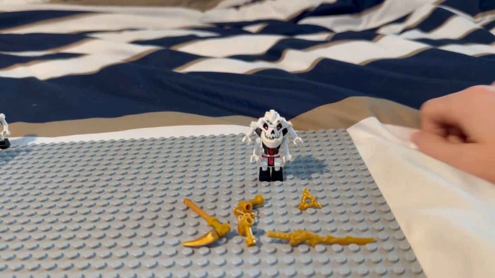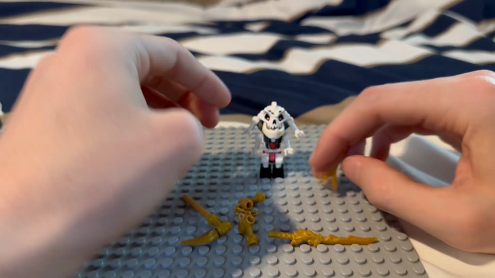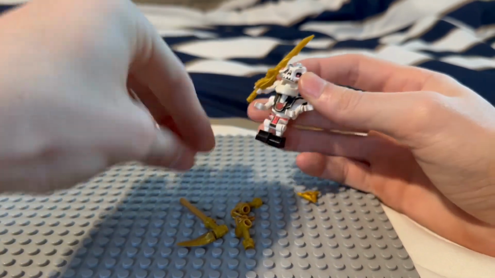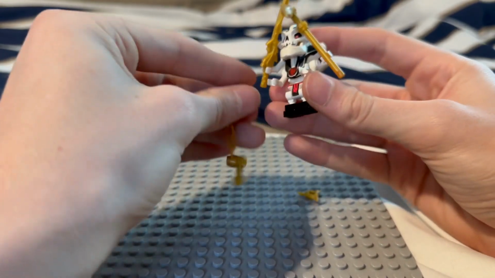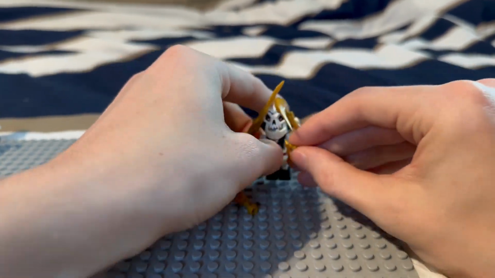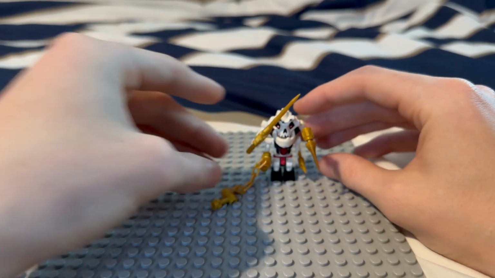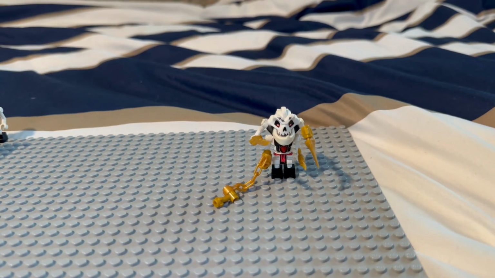Alright, so now that Samukai is ready, it's time to give him all 4 golden weapons. Here we go. Start with the Sword of Fire. Give him the Scythe of Quakes, or whatever it's called. The Nunchucks of Lightning. Ooh, you can see the power going into him. And finally, the Shuriken of Ice. Boom. Now, the skeleton army is much more...